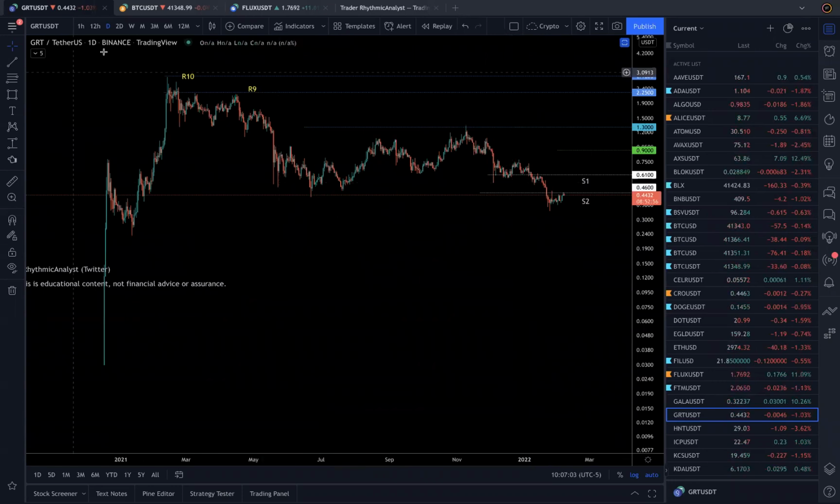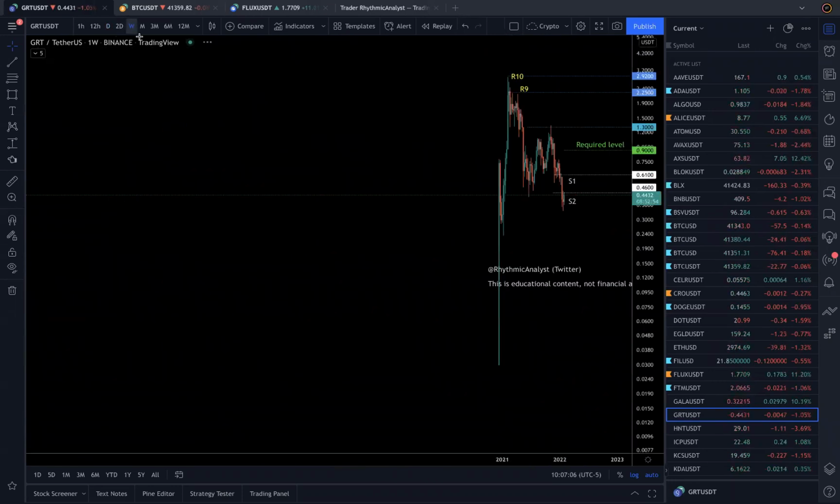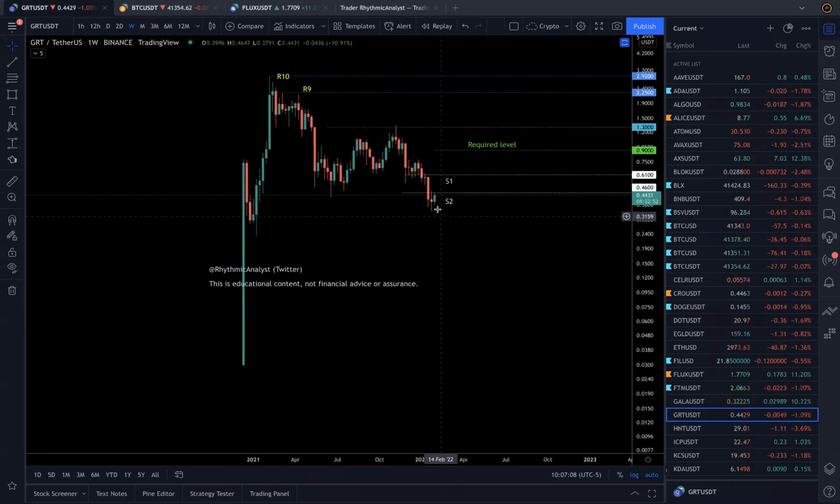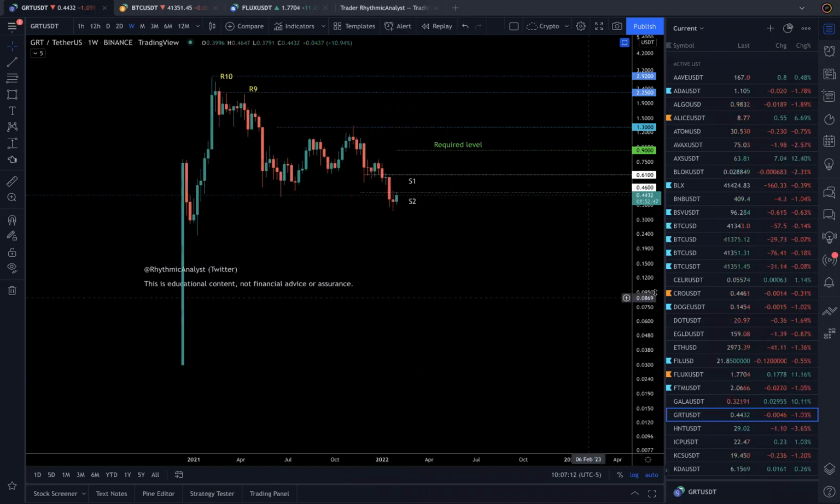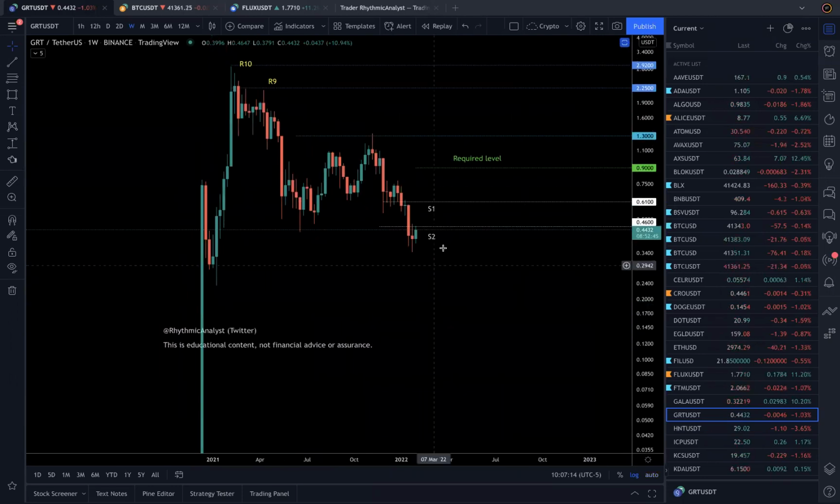GRT. Okay, GRT, let's go back to weekly. GRT made a new low, right? Weekly low last week. This week it's climbing up. I didn't bother to add S3. I could, but there's no need. But now you can assume the lowest,